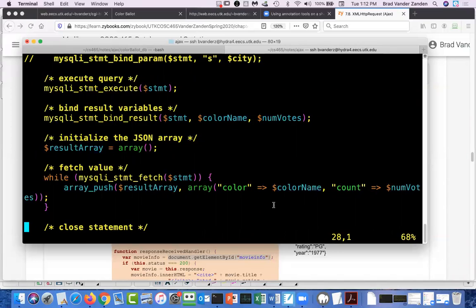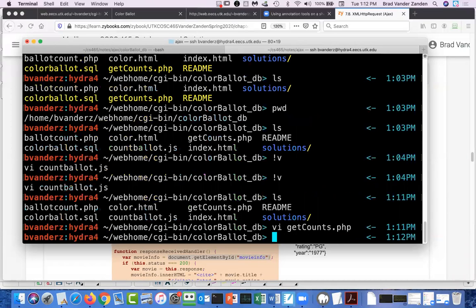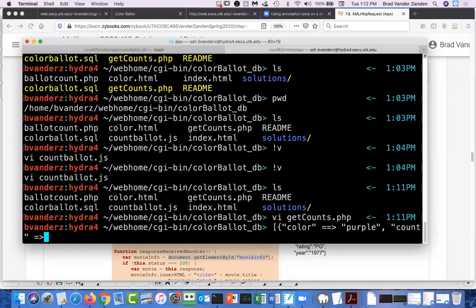So basically, when it comes back, it's going to look something like a list or an array that has, say, color purple, count 10, then another one, say, color, whoops, this would only be color red, count 20, and so on.